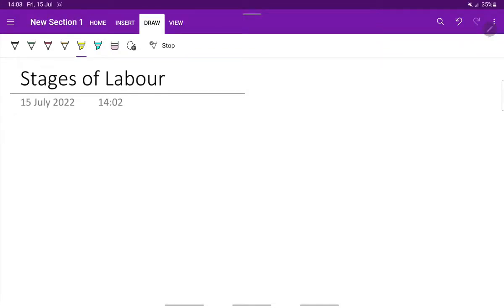Let's see about the stages of labor. For that, first we should know what is the onset of labor. The onset of labor is defined as the start of